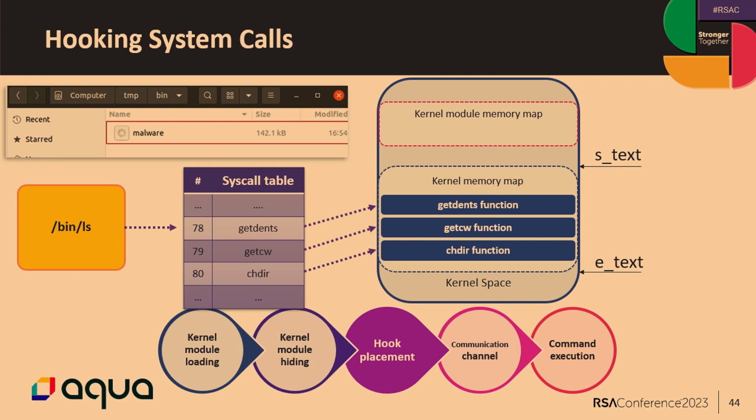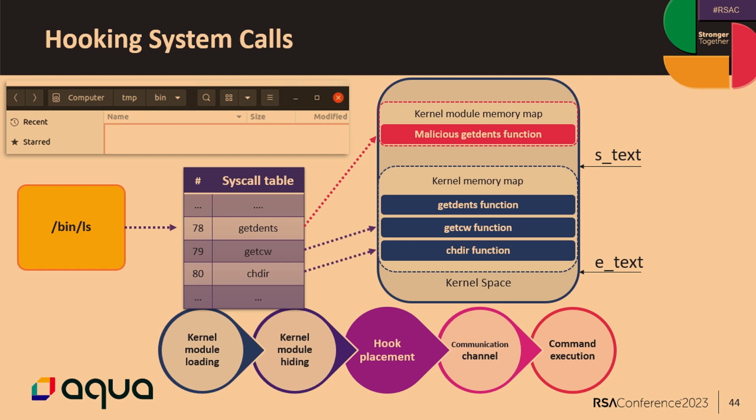We can see in the File Explorer example that the file is there. Now, when we hook the syscall table, we load a new kernel module, like what happens with Diamorphine. But now what we did, we modified the pointer of the getdents syscall, which is now pointing to our own implementation, in the example of Diamorphine. And it will intercept the request coming in, and it will decide what data to return. So as you can see now, when Diamorphine is loaded, the file is not being detected.